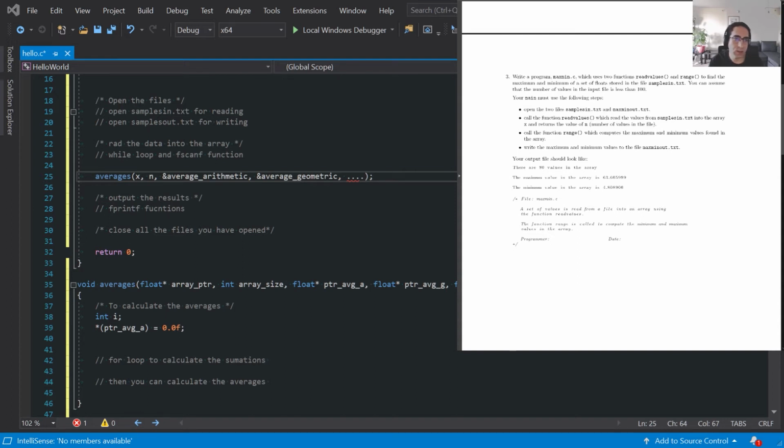So open 2 files, samples in .txt and... I was talking about the question 4, sorry. So in this question, we open 2 files, samples in .txt and max min out.txt. And the next step is to call the function read value, which reads the value from the samples in .txt into the array x, and return the value of n, which is the number of values in the file that you read, the